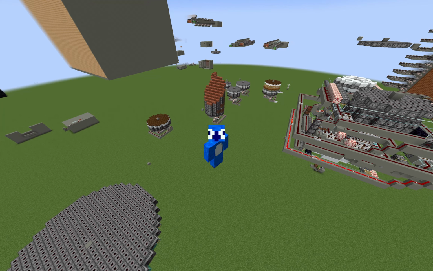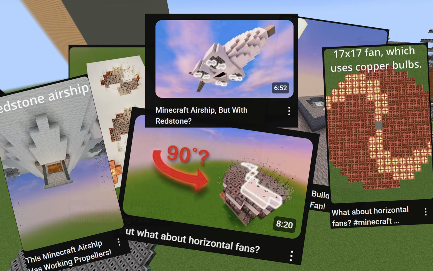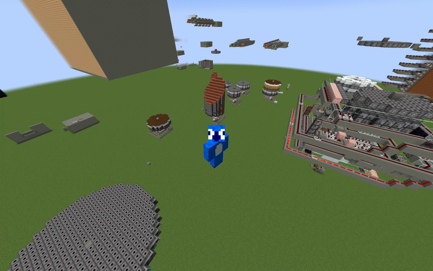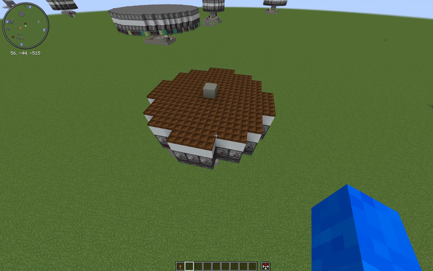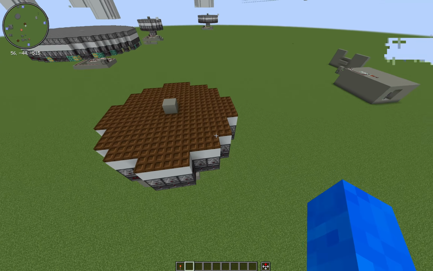Across the over half dozen fan-related videos I've made on my channel, I've received hundreds of comments from people suggesting new ways to improve the technology. In today's video, I'm going to be showing off your guys' suggestions. Let's get started. First of all, by far the most commented suggestion was to put redstone torches underneath these trapdoors